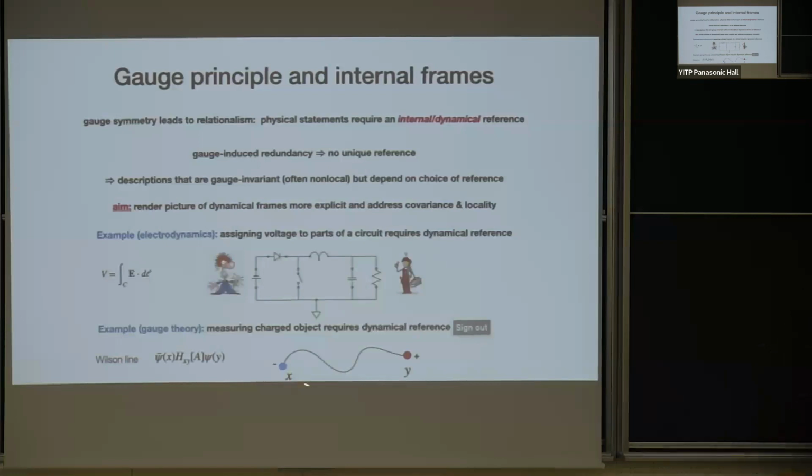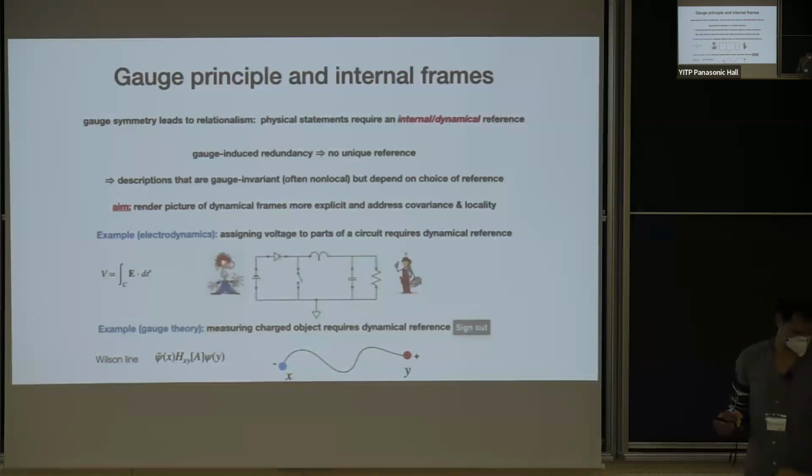But here, for instance, in this case, one way in which you could measure such, let's say, an antiparticle is by connecting it with a Wilson line to some positive charged particle. It turns out that that will be gauge invariant. And in this case, you can, for instance, view this positive particle, including the Wilson line, as being the dynamical reference for that particle, or you can also view it vice versa, of course.